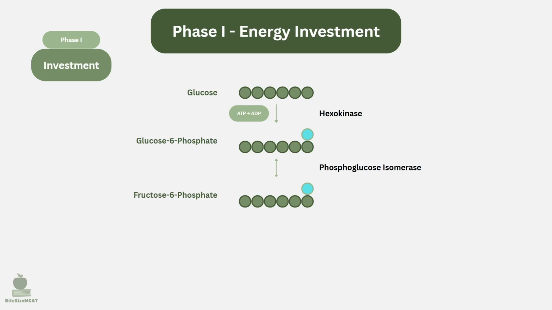So now take a look at this arrow. One big reminder is that the steps that require ATP are generally going to be irreversible reactions, such as hexokinase up here. This isomerization is a reversible reaction, and the enzymes can work in either direction. So now our last step, step 3 in phase 1, is to add another phosphate from ATP to the first